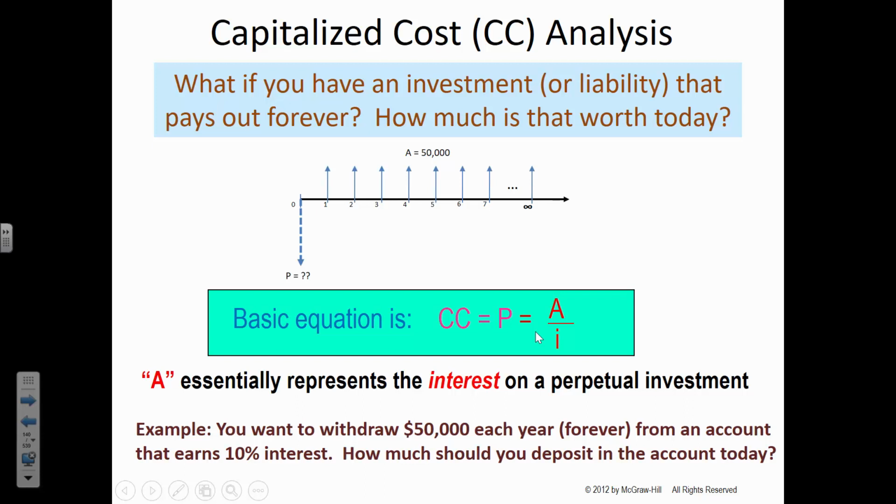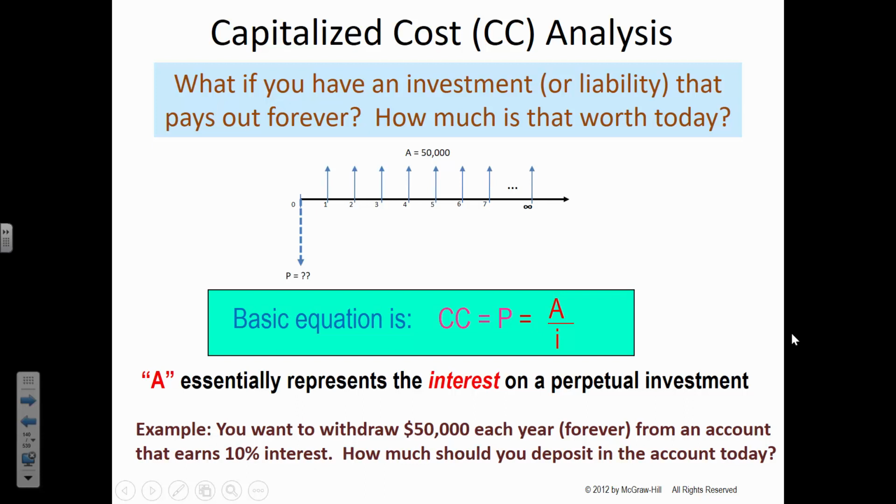And the way that you can think about it is, what if you needed to be the person who was paying the money? What if you were on the hook to pay someone $50,000 a year forever? How much would you need to put into the bank now so that the bank would continue to pay out that sum to them each year? Well, if it's a 10% interest rate that you're getting at the bank, then the 10% interest on the principal would be $50,000, and then that interest would go to whoever's receiving that annual payout. So you could give someone an infinite income stream for just 10% of that annual amount, assuming 10% is the